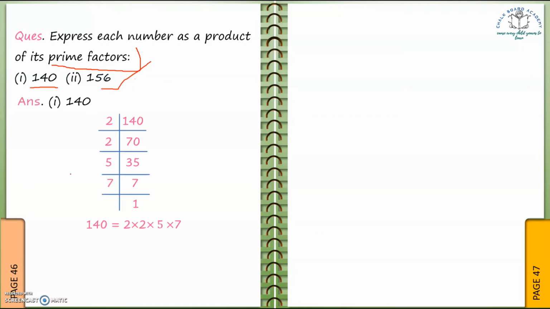So let's begin. Here I have written 140. Now because it is even, I am dividing it by 2. So I got the answer as 70. Again even, so again divided by 2. So I got 35. Because at the end, at the unit place, I see 5, I can simply divide it by 5. So I divided it by 5. 5 sevens are 35. So I got the answer as 7. 7 is only divisible by 7. So the answer is 1. Divide it till you get 1 as the quotient. Then, writing it as a product of prime factors, it is 2 into 2 into 5 into 7.